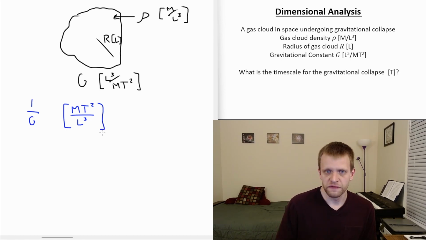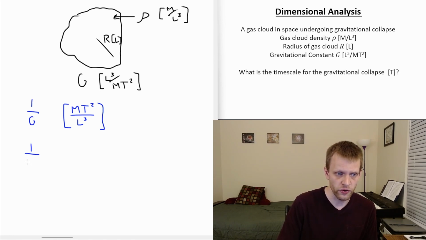Let's try to get rid of that mass, and the only other thing that has mass in it is this density. So we've got mass over L cubed. I want to cancel that out by dividing by this density. So if I have 1 over G times that density of the cloud,